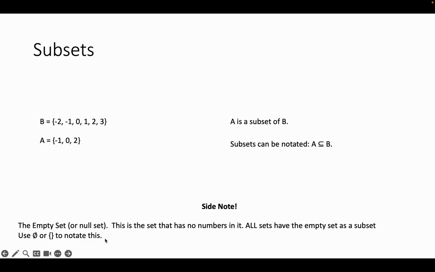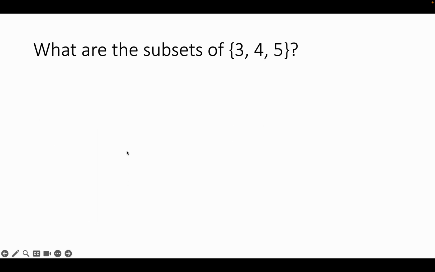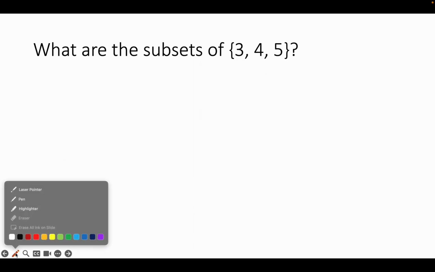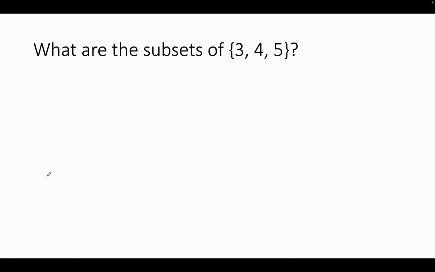All right, let's go ahead and work with this. What are the subsets of {3, 4, 5}? Okay, gonna grab my pencil. Let's use purple this time. Now, first of all, I'm going to start out with the null set or the empty set. I'm going to write down that the empty set is a part of this set. No number is a part of this set. Let's see, another subset is